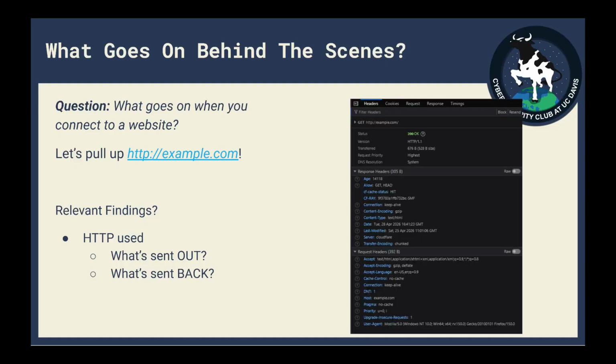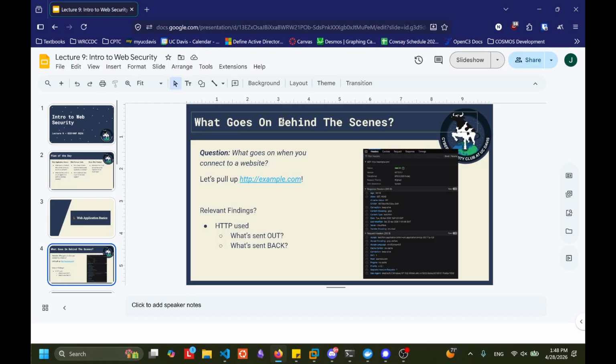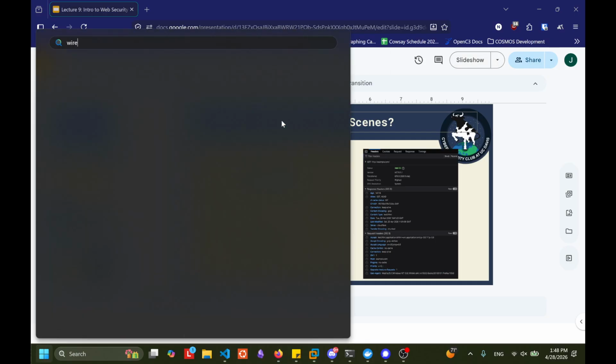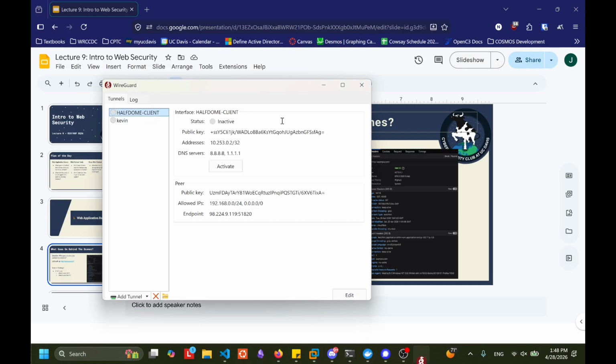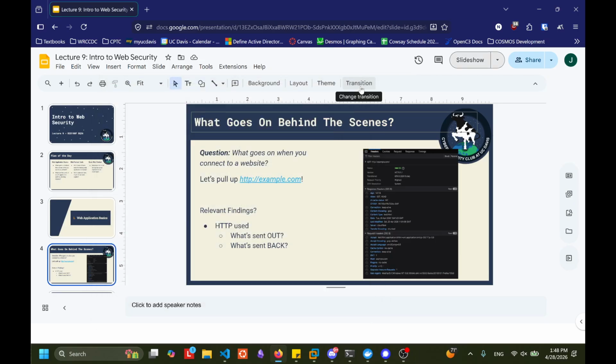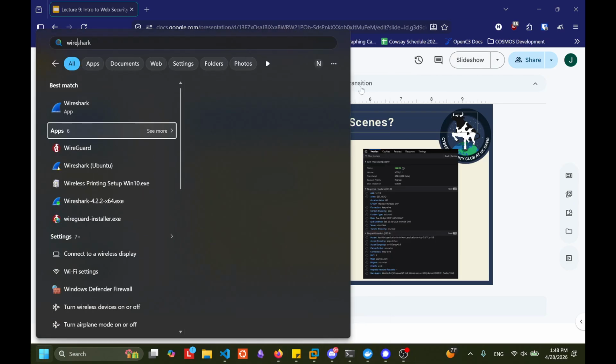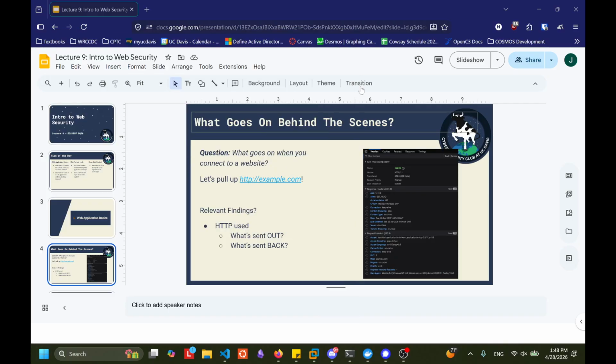What is a web application exactly? Let's figure this out by seeing what happens when we connect to a website. I'm going to pull up ye old friend Wireshark. Let's take a look at it from the network level.